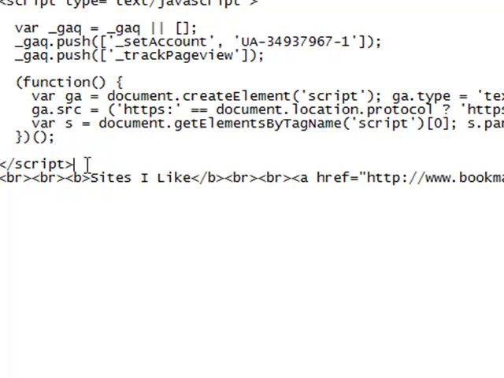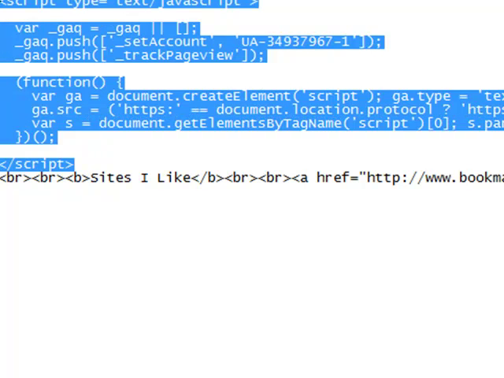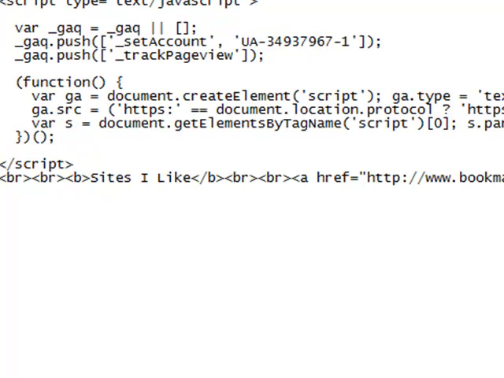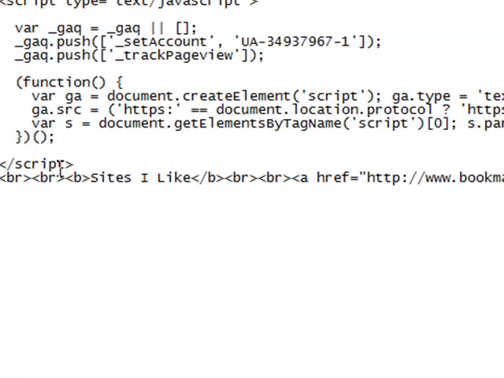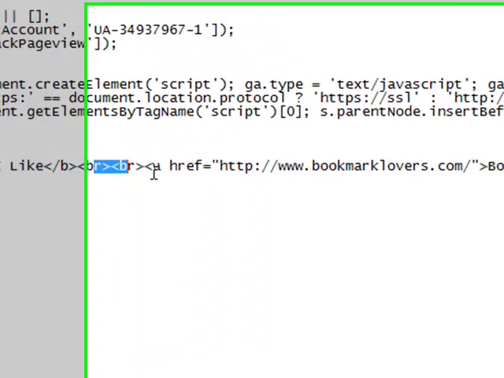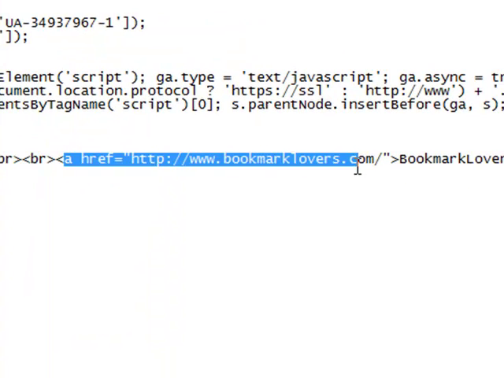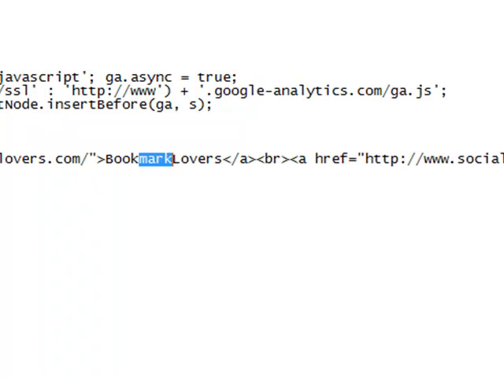But what I've done up here is I've actually got my Google Analytics code for this actual blog, guys, so I can track this blog. And I've got my links here as well, with my HTML coding. So I've got BR, break, and then bold, sites I like, closing off the bold tag, doing another couple of breaks there, guys, and then giving my bookmark lovers website, social hub builder website, and obviously with your different